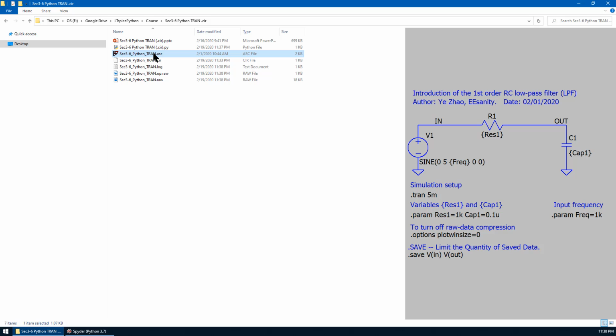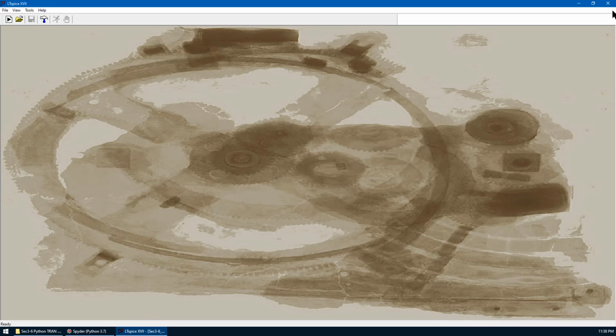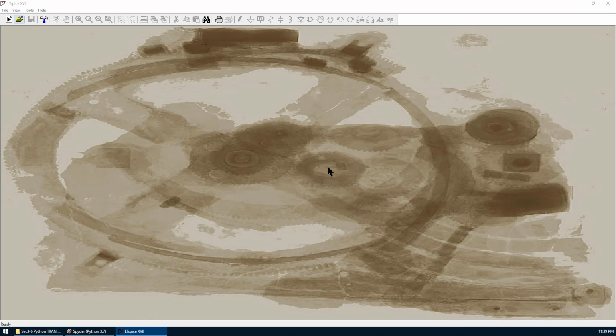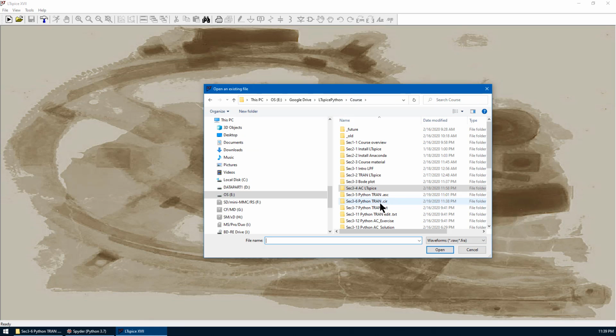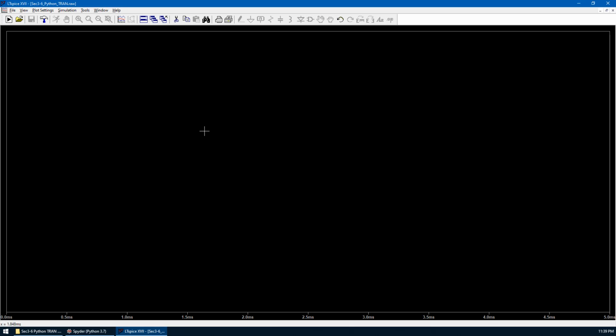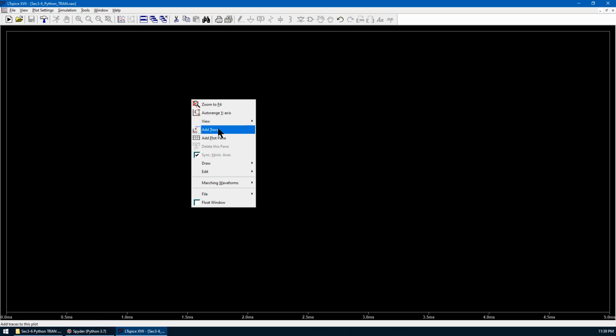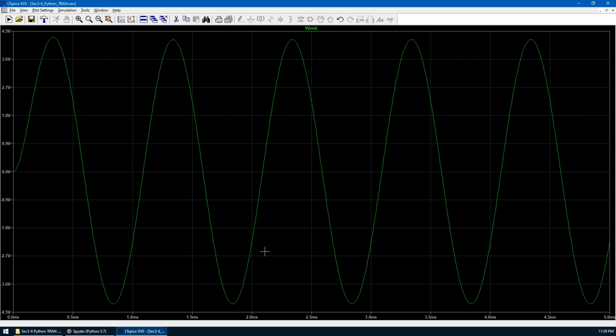So we double click this schematic. We can close this and we can open the raw data. Let's open and choose the raw data waveforms directory for this lecture. We can see there's raw data here. Right click, we can add a trace. Vout, hit OK. So this is data just created by Python